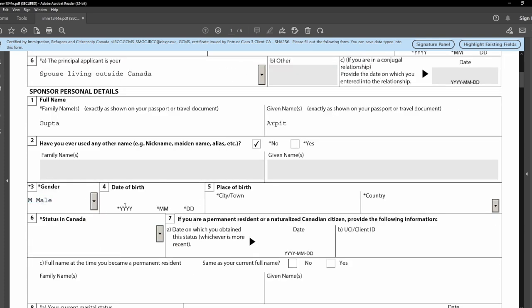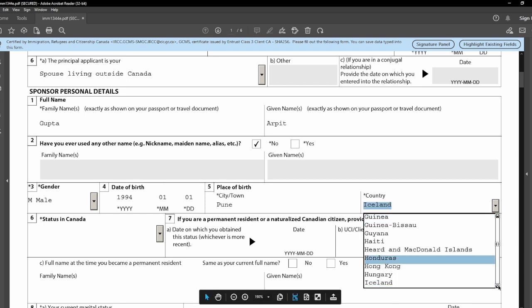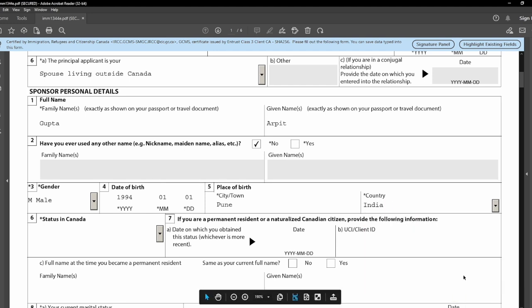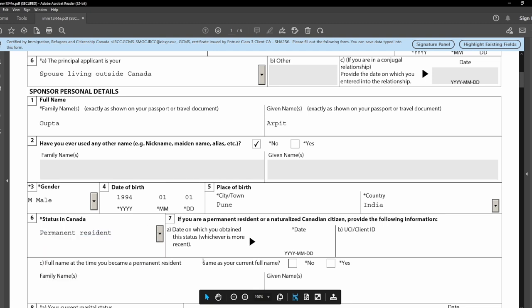Gender, I'll select male. Date of birth, I'll just write a random date of birth. Place of birth, I'll say Pune, and country of birth, I'll write India. Status in Canada, so I am a permanent resident here. On which date you became the permanent resident, so I'll just provide a random date here, let's say 2020 0101,